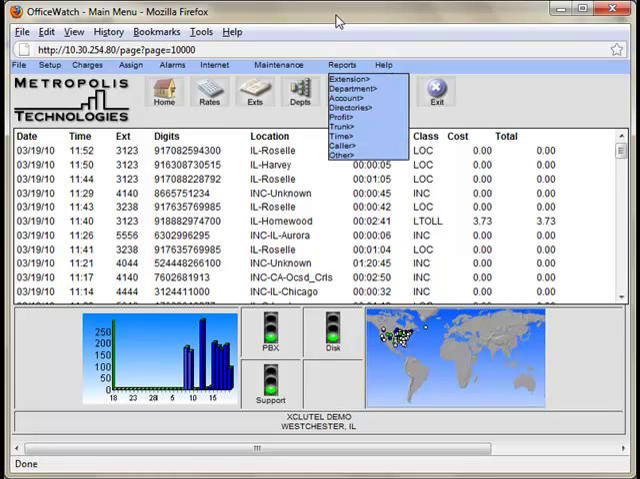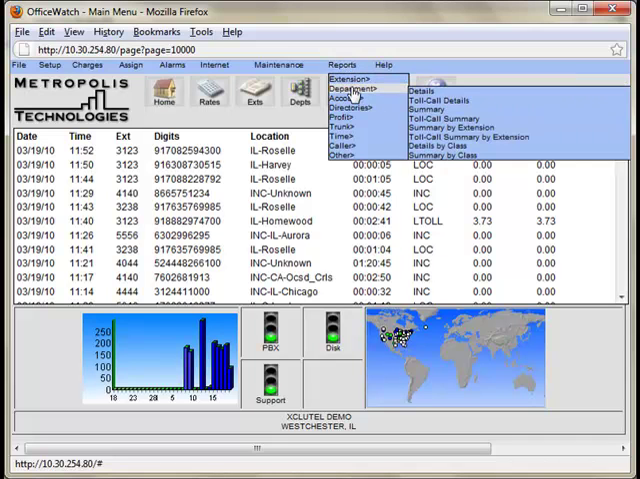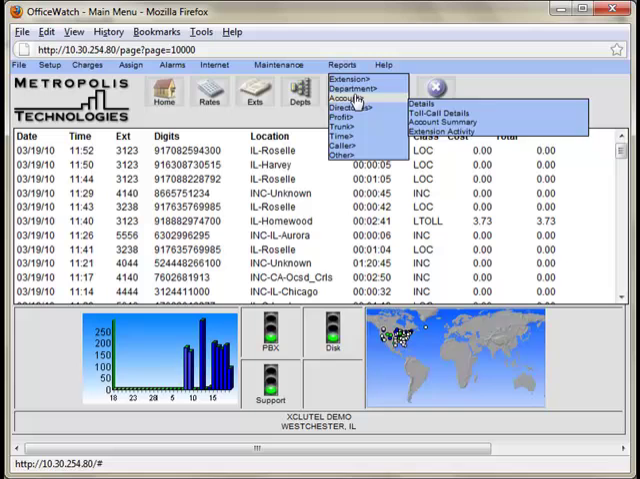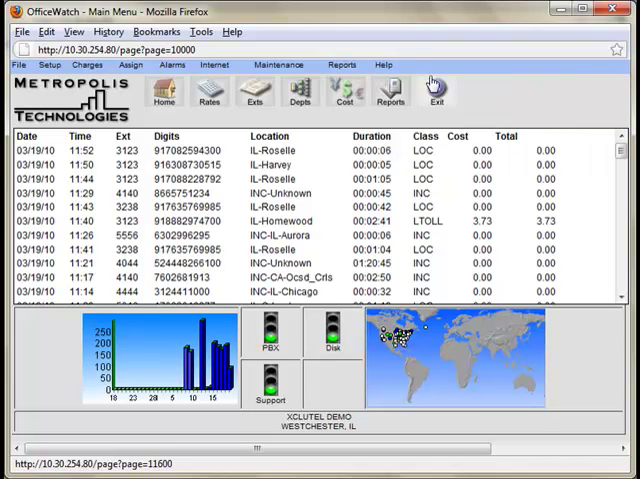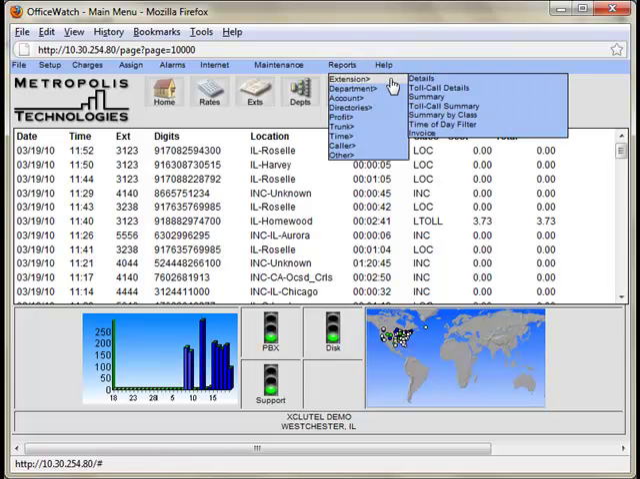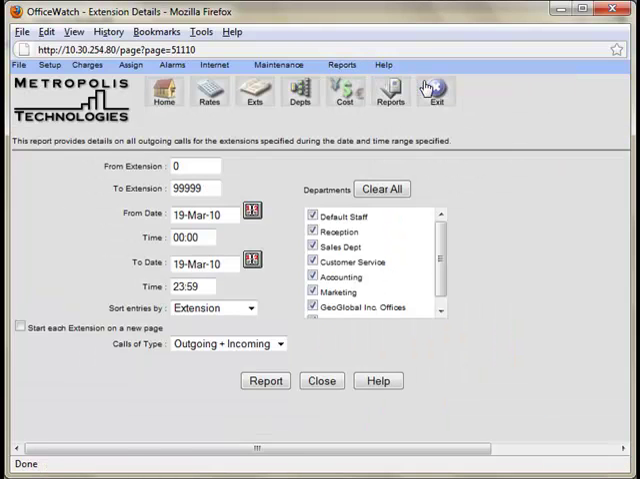If we wanted to generate a report, we would simply click up here on Reports, and we can drill into several different types of reports. So if we wanted to generate an extension detail report on a particular extension or on a group of extensions, we would select Extensions and Details. Click on that, and that brings up the following screen. We can filter by department, or we can filter by specific extension numbers. Right now, if I run this report, it's going to report on all extension numbers in our system, regardless of department. For this date,